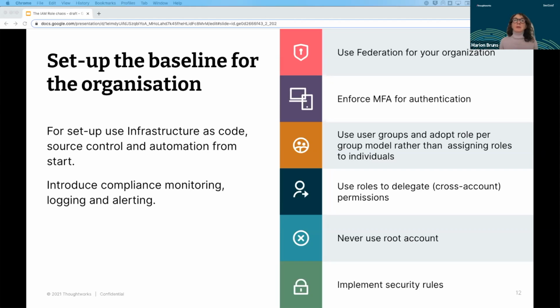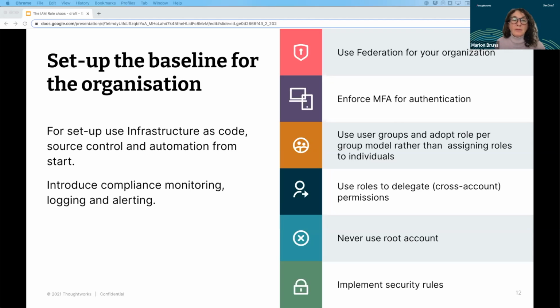All security is great if you do not do logging and monitoring. So you can introduce something like compliance monitoring, where you can see all the activities going on in the cloud and which activities may be against your compliance.